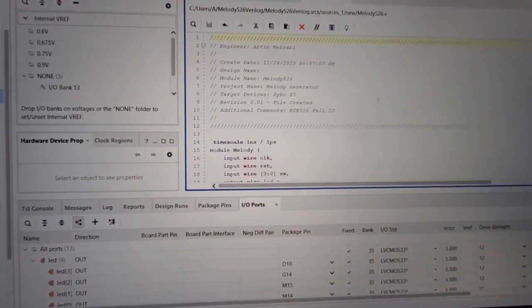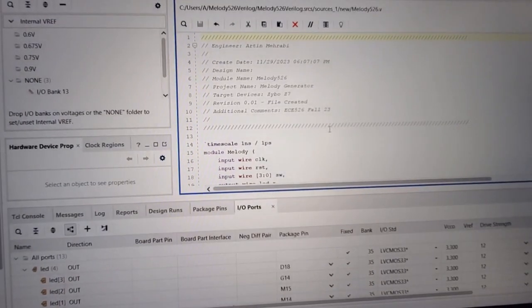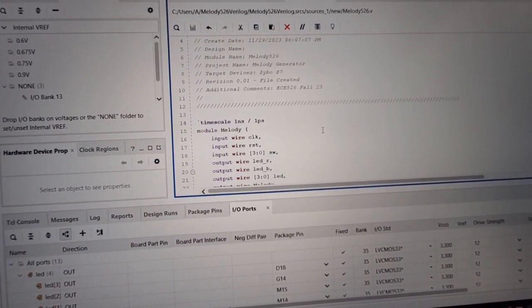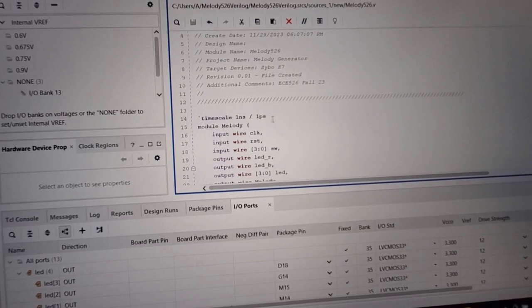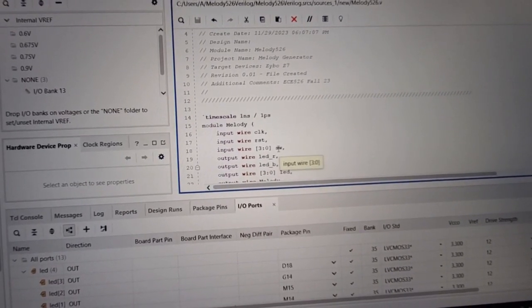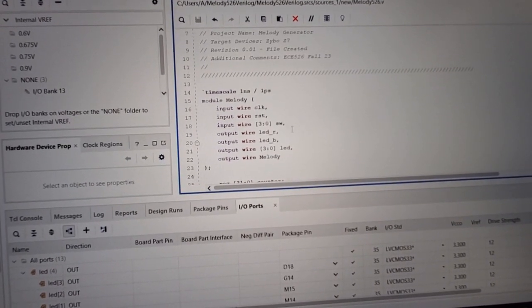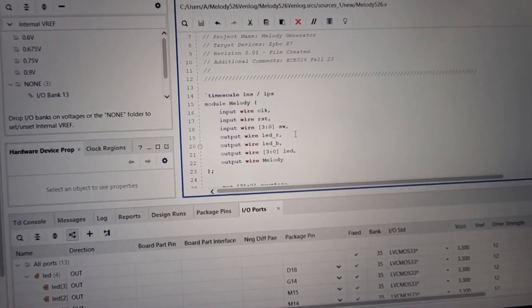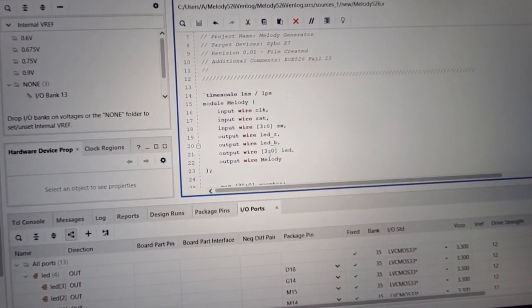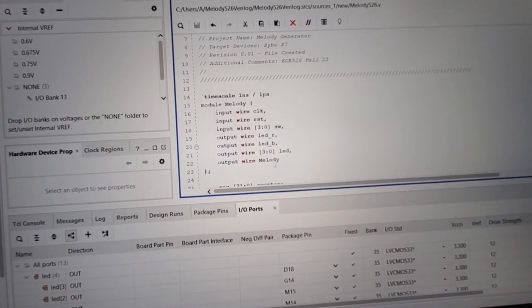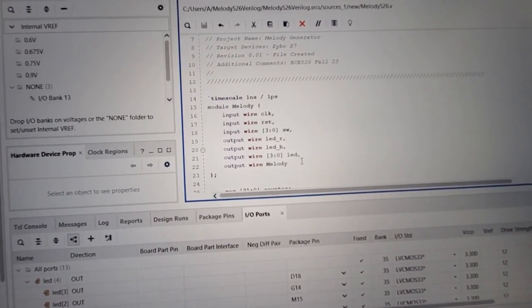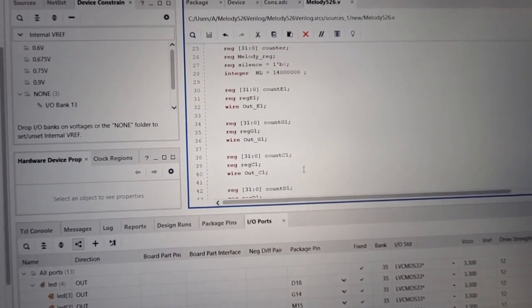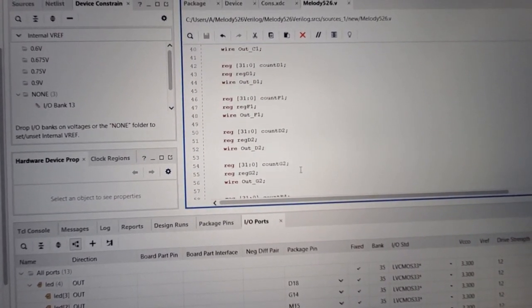So as I explained in my presentation, after making the inputs and outputs, that in this case I have clock, reset, some switches, and some LEDs, and the main output as a melody specified here for the speaker. And then defining some registers and wires,